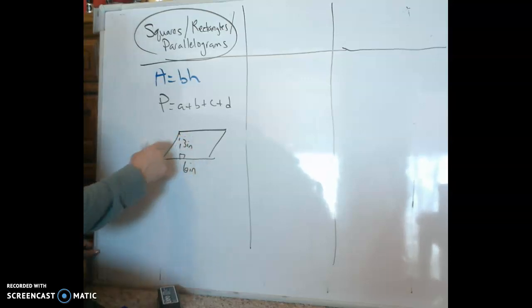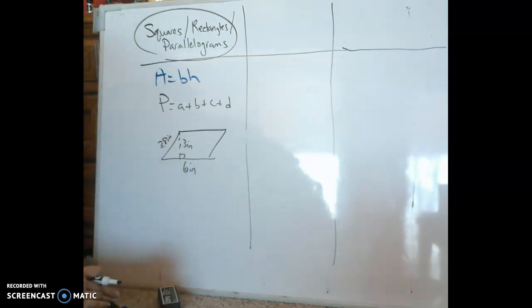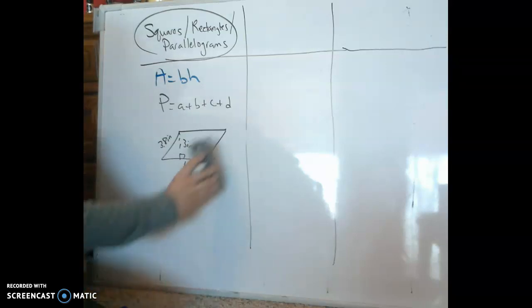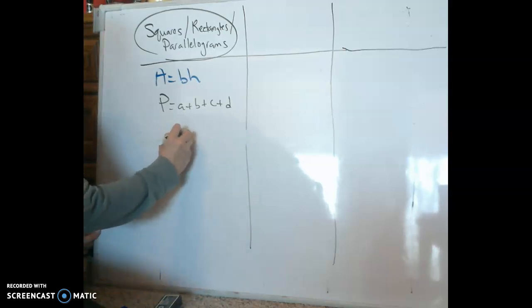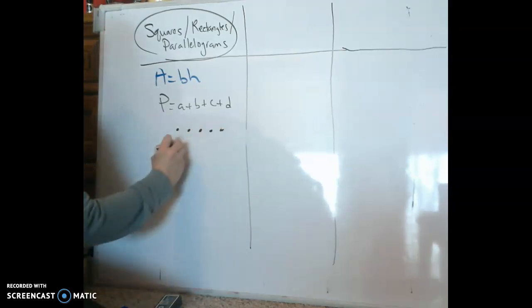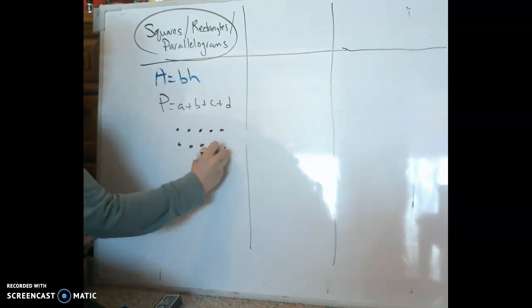And maybe they would give you the slant, whatever, 3.8 inches. And so, you know, everything was there for you. And so the nice thing about dot paper is students have to work on their concepts of length, height, and other things themselves. So if I have some dot paper here,